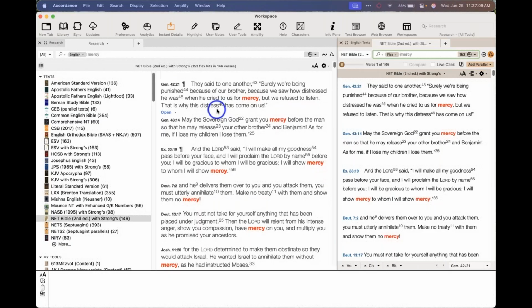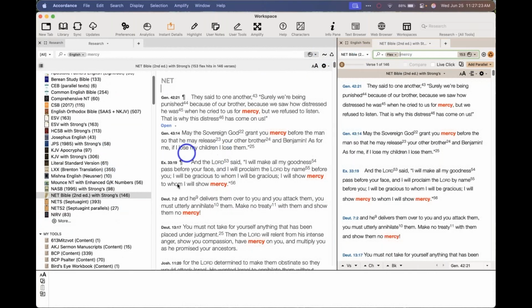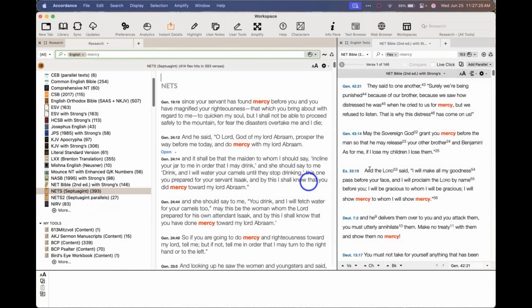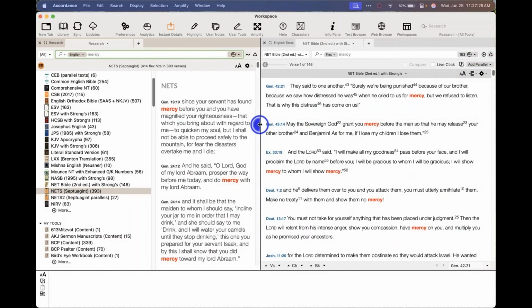So I could continue to read the NET searches here, but quite helpfully, Accordance just basically gave me a subset of this search. It just searched mercy, flex, it respected that in the NET. So I can keep going through these results now. Maybe there's something else I want to look at next, but I've got my other results popped open here. Now, this is still verses listed individually, which is great, but at some point, I'm going to want to see